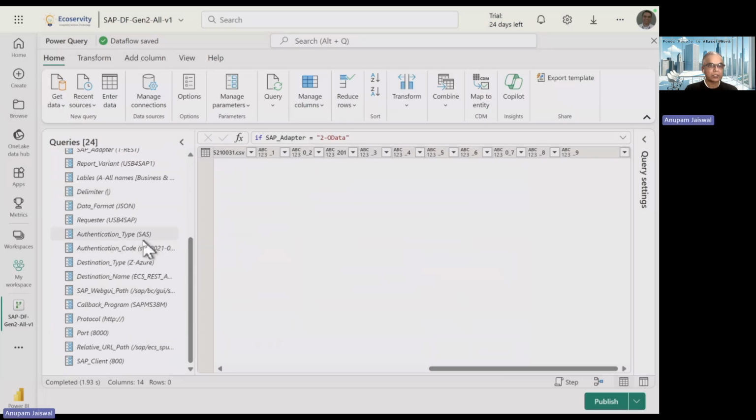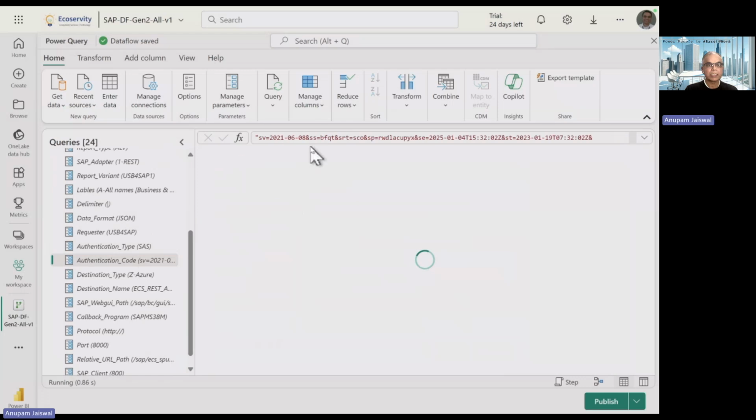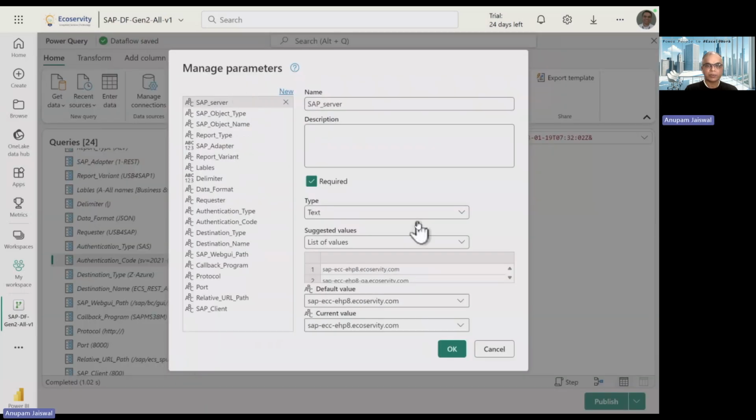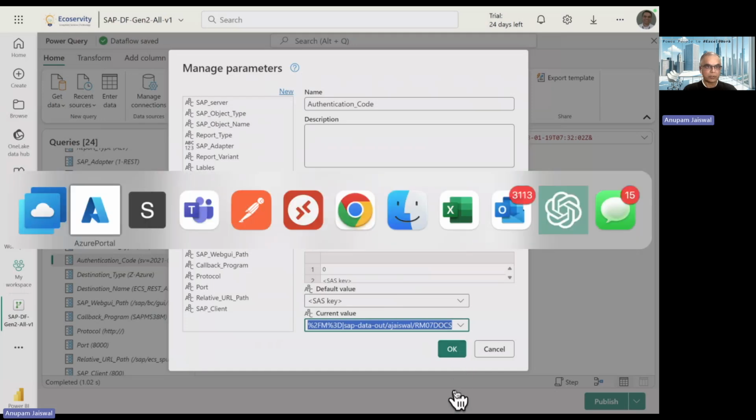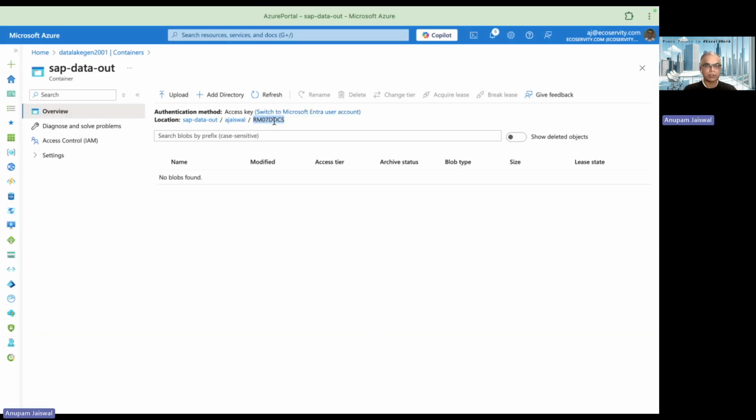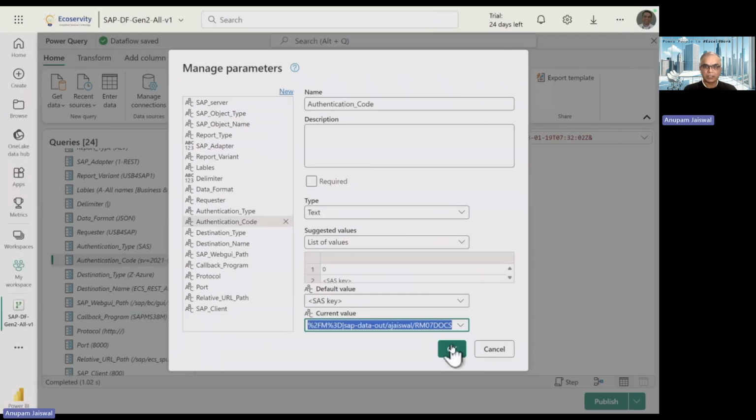So authentication code, manage parameters, authentication code. Yeah, that's what was bothering me. We need to have it as RM07 doc because that's what is the full name for the path. So if I press OK this time,